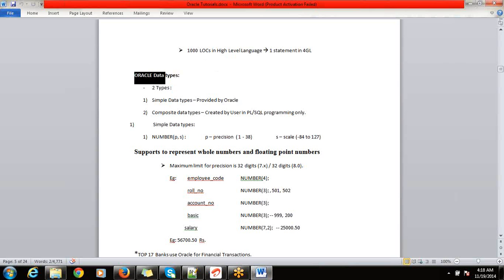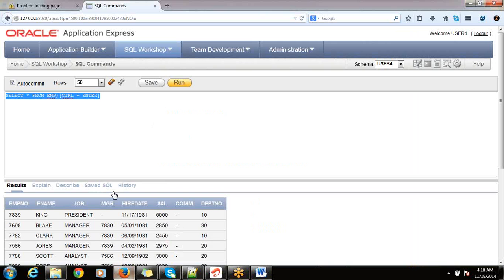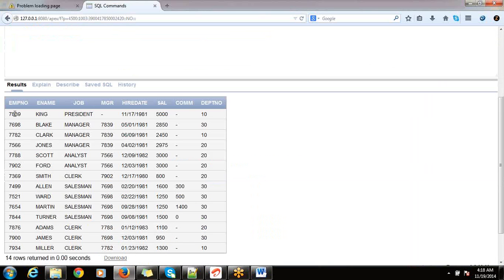And you can see here in my employee table, employee number is numeric. And employee name is character type, that is string type we say, right? And even job is also a string. String is nothing but a group of characters.